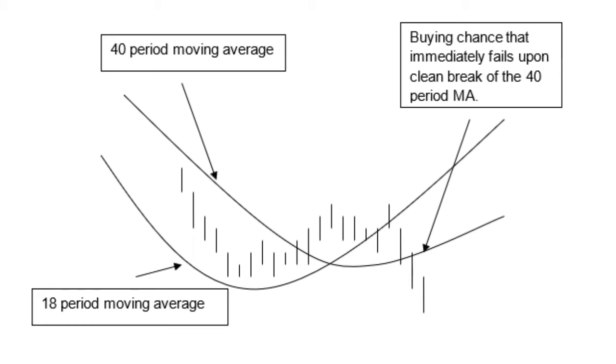And when that takes place, if you don't follow through from there, if you just come out of that zone and then fail and come back to the downside and break the 40, then it's a buy signal that is failing. I talk about this in a lot of my videos, and I call it the opposing trend trigger, because what is actually very powerful about this pattern is if the longer term time frame, the higher time frame, is bearish and you get this signal, you're getting yourself a really good entry point, and it's probably going to go pretty strong the other way.